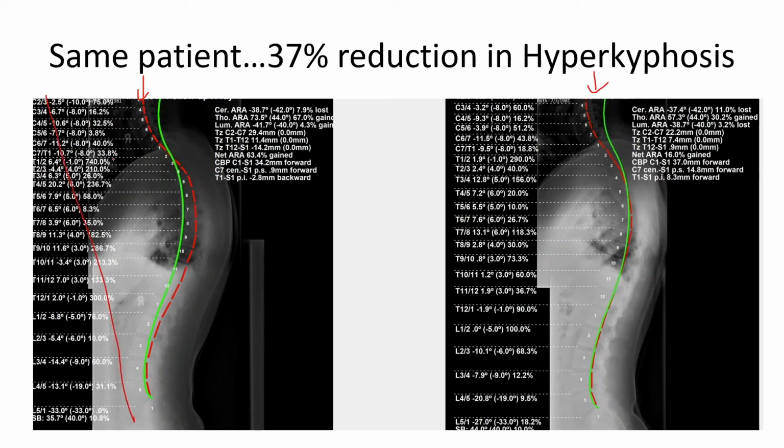Ignore all of this information. Sorry, those are just intersegmental angles. Forget all of that. We're going to look at just the curves in the spine. So cervical curve, thoracic curve, lumbar curve. Cervical, thoracic, and lumbar. His cervical curve on the lateral full spine goes from 38 to 37, so approximately the